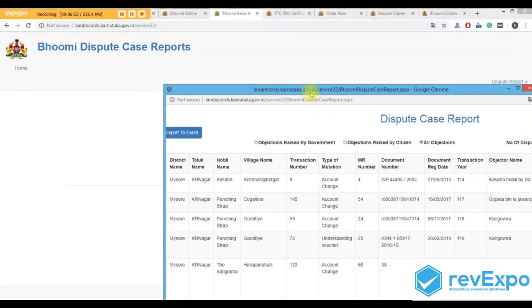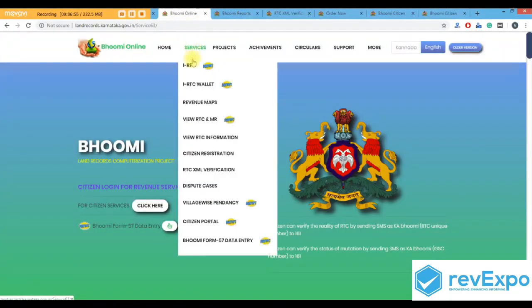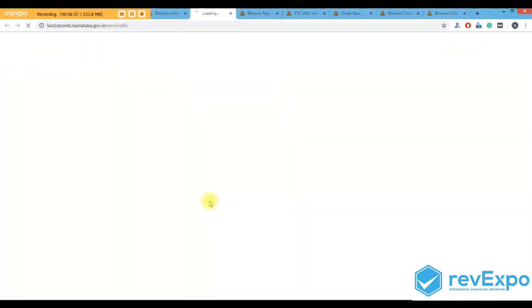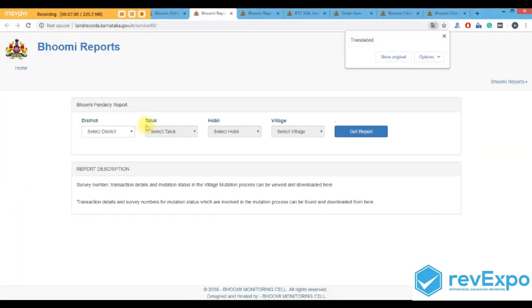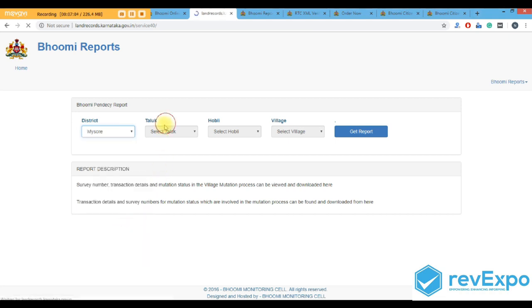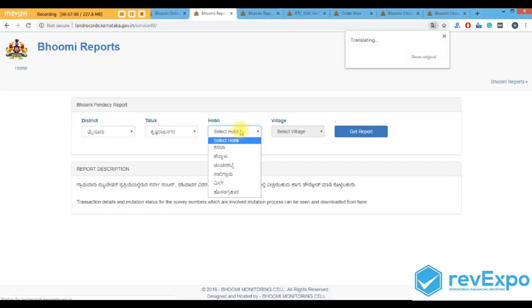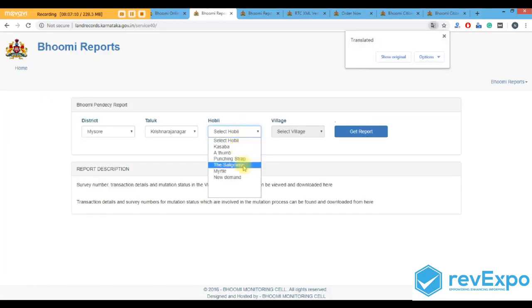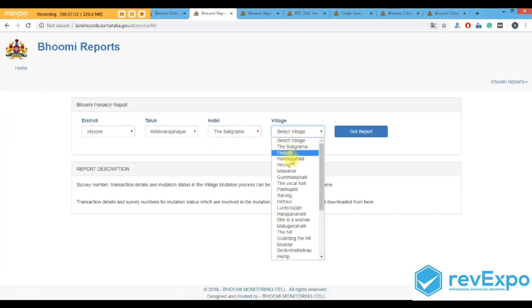Again, moving back to our home page, the next service is village wise pendency. So here this service mainly used to see how many records still are in pending state.